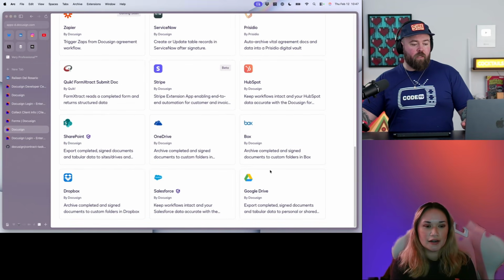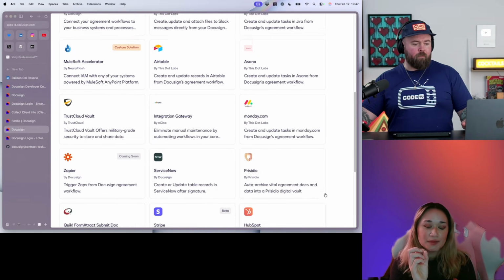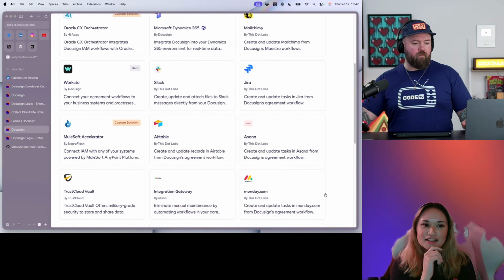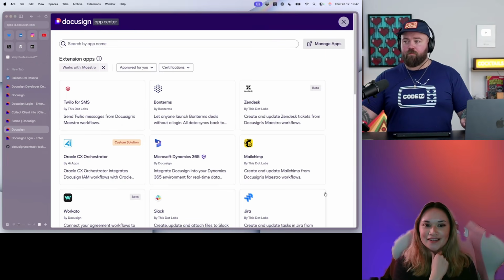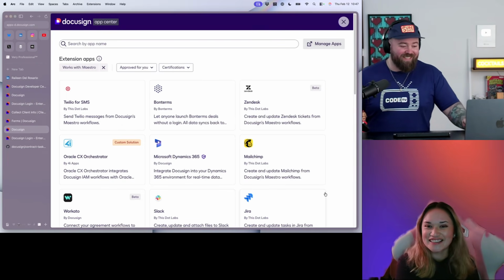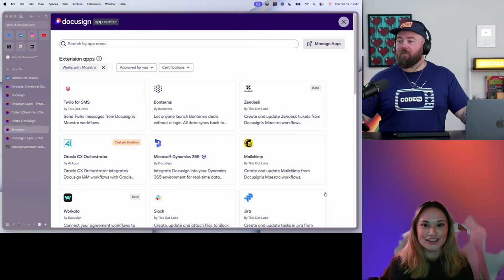Organize your archiving across all of your different drive options, and then updating Salesforce. That's what I mean when I say it can be intimidating because of how big it is. A lot of times when people ask what do you use Maestro for, I say, well, what do you want to use Maestro for? Because it is a lot to look at and take in.